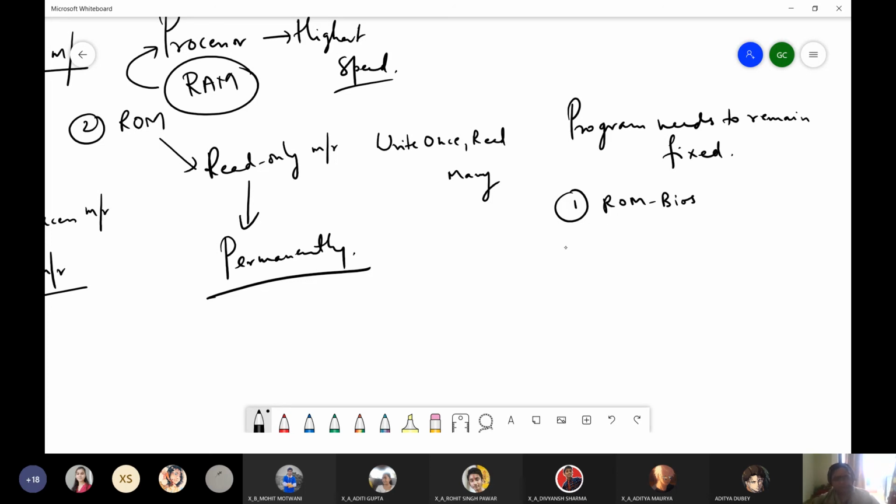Similarly, ROM can also be used in embedded computers, which I have already taught you in class 9. You might have studied in class 9th about embedded computers. Computers which are in the form of small micro-controlled devices, where we have small printed circuit boards.